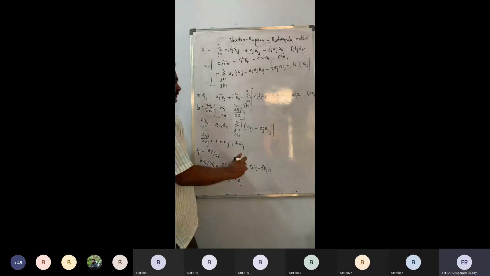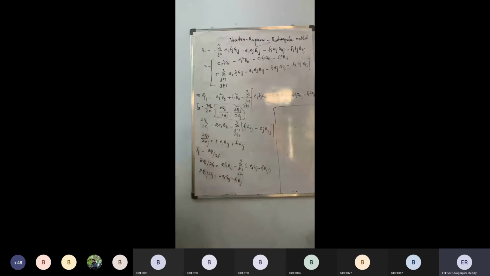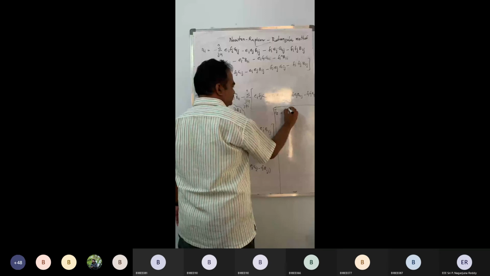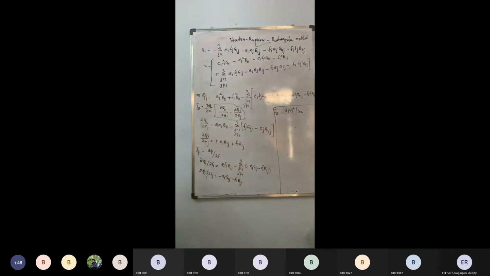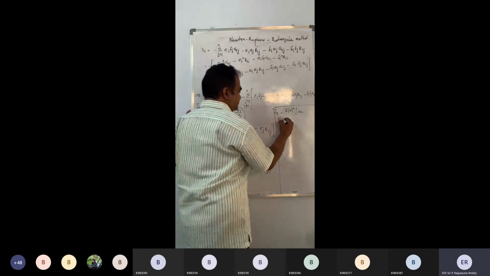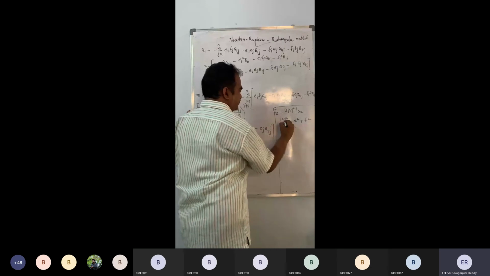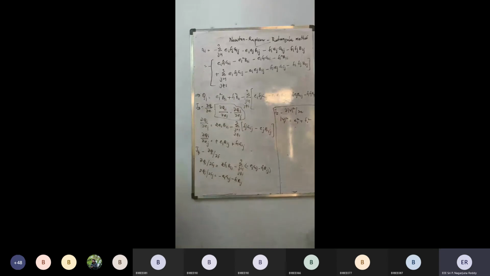Having said that, now we will move on to the last submatrices, J5 and J6. As already said, J5 is about dou V square by dou E. So, what is V square, guys? Vi square is Ei square plus Fi square. I am writing the expression, Vi square equals Ei square plus Fi square.